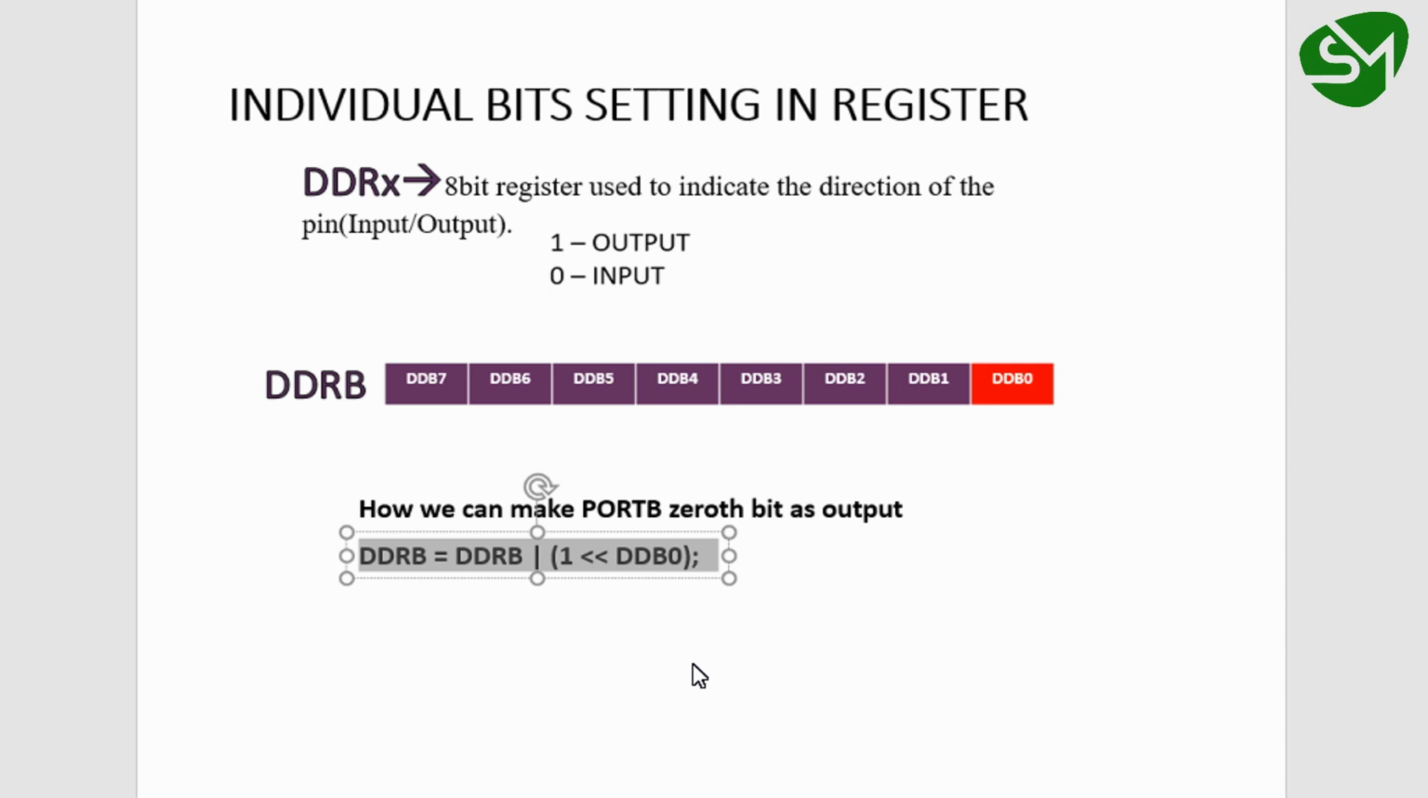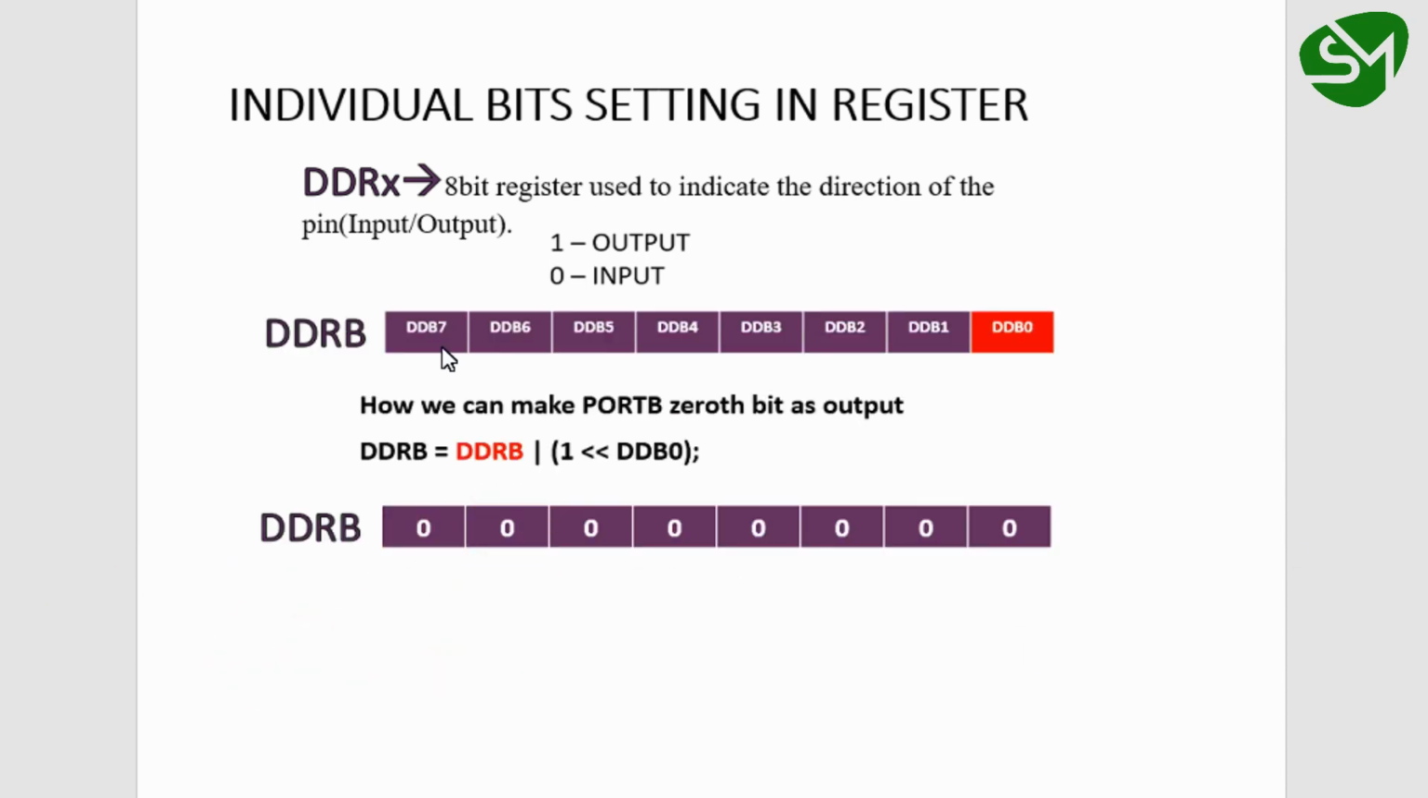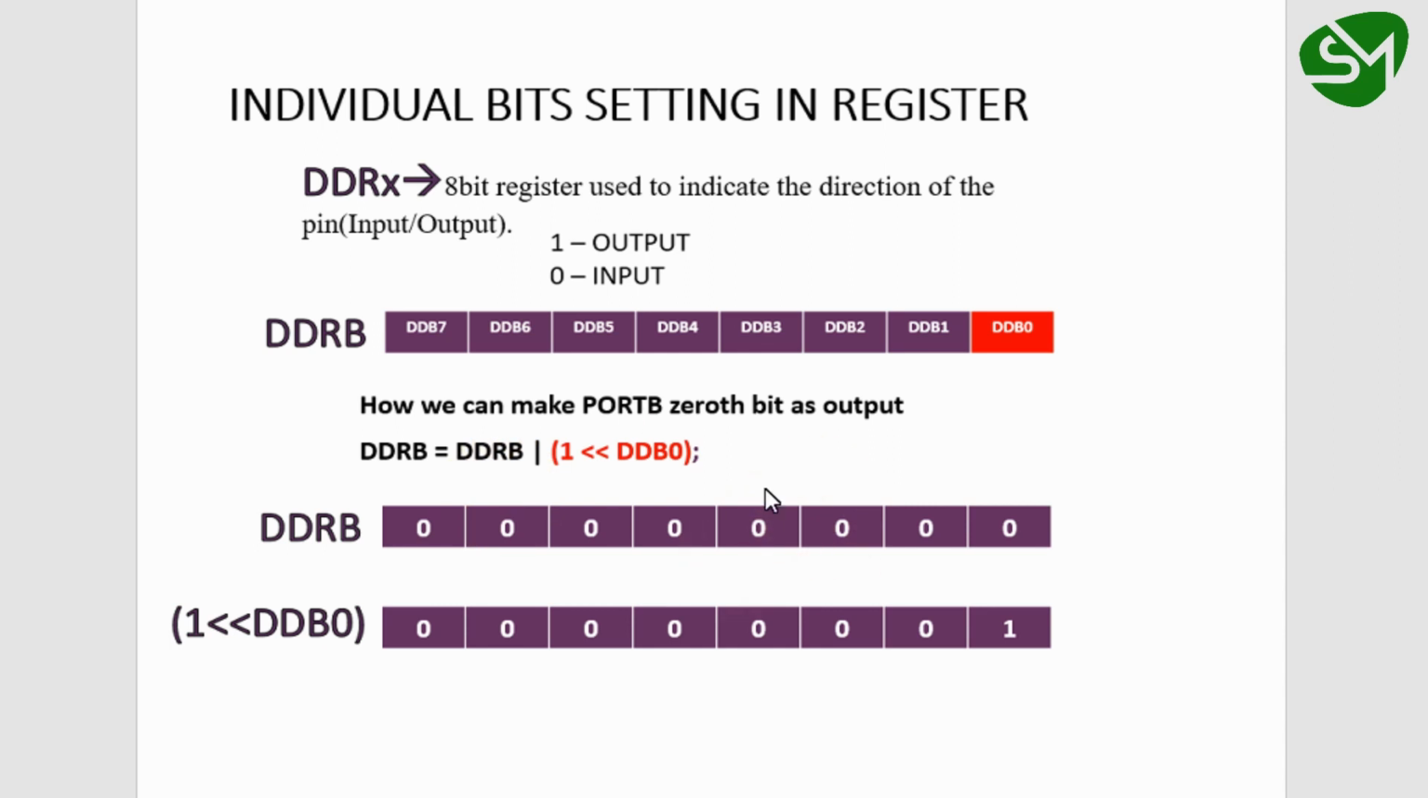That is DDRB equal to DDRB OR of 1 left shift of DDB0. So let's understand this line. Initially, let's assume all the bits in the DDRB register are 0. And this 1 left shift of DDB0 is nothing but an 8-bit value that will set the 0th bit of the 8-bit register. So its value will be